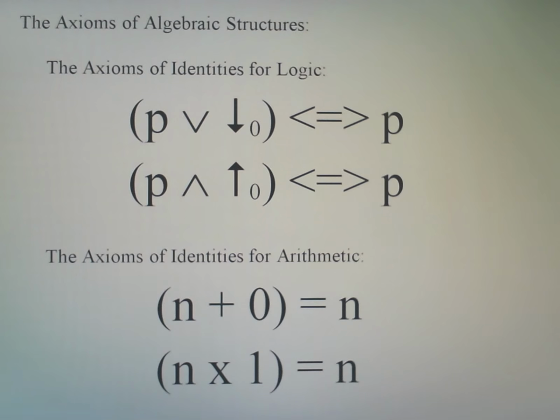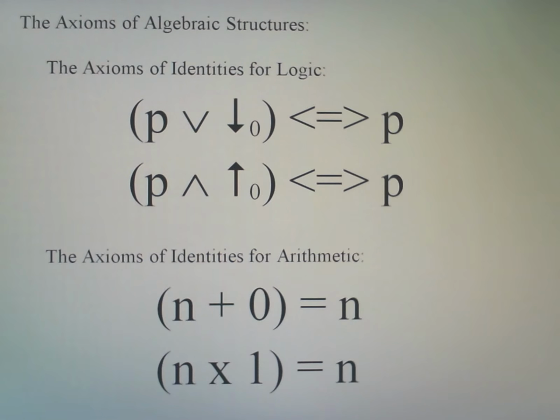Similarly, for Boolean algebra or propositional logic, our operators need to have their identity elements. For the operator of OR, the identity element is a type of false, but this sub-zero is used to indicate that this is a statement that is not just merely false, but is false all the time. It's what we call a contradiction. Okay? And the identity element for AND is a statement that is similar to true, but this one is one that is true all the time. It is known as a tautology.